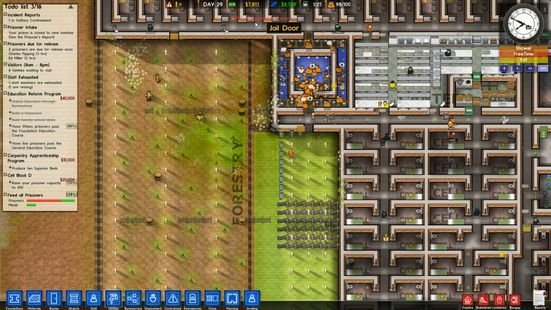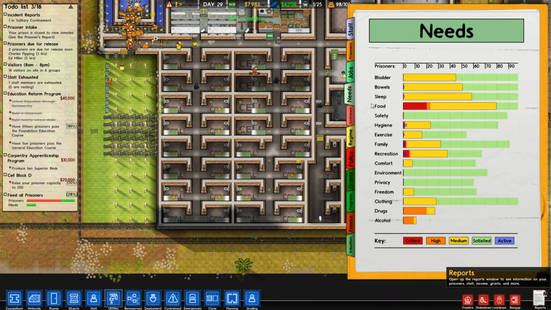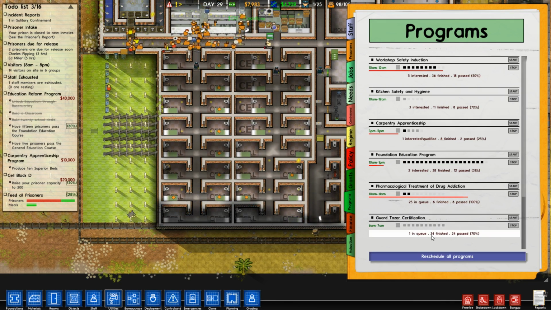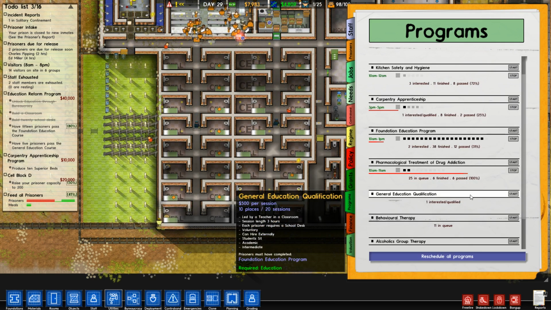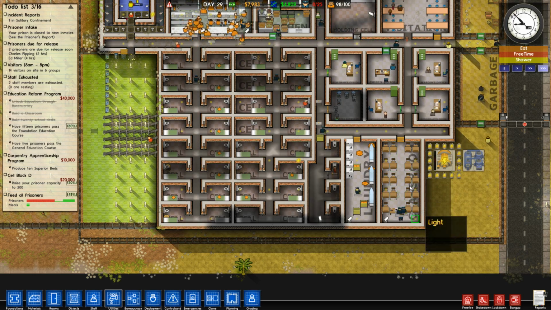Spending a lot of money on tasers, but our taser program is going pretty well. Speaking of which, when can we stop running our taser program? 24 guards have passed. I don't think we need all 25 guards to have tasers. Let's stop that, and that will allow us to roll out our general education program here